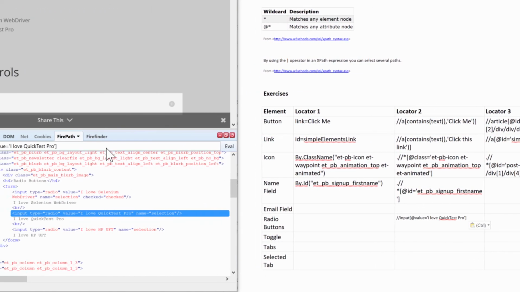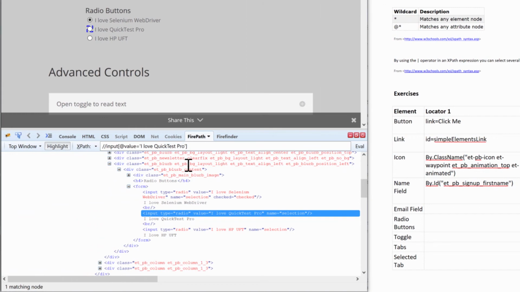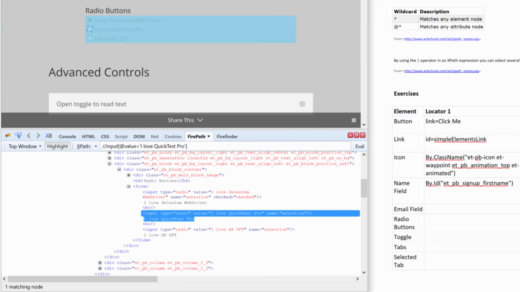And of course, if you just wanted to do a wildcard character, you guys can do the at contains text, I Love Quick Test in there, and if it contains that text, right, it's going to select it. But with the value attribute, you cannot do that because it has to be the exact full string. And so that's how we can identify this radio button. And if we check out the HTML below,